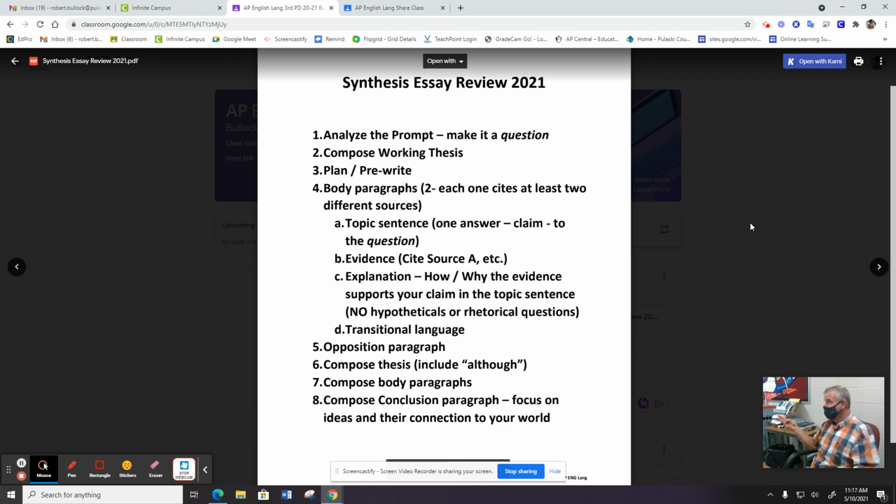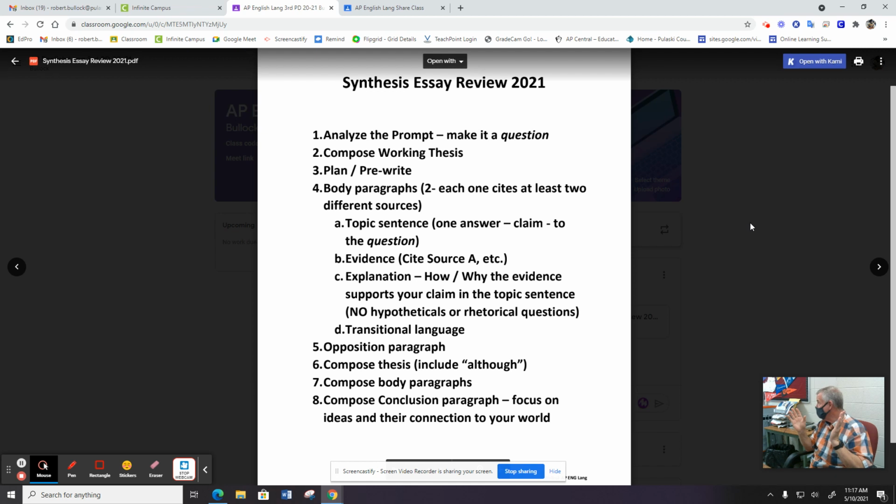Now, you can have three body paragraphs with two different sources. I tell you to use 3 to 5 sources, not try to use them all. You can use a source more than once. Make sure you have 3 different ones, but you can use the same one more than once. Try not to use the same source more than once to make 2 different points. You can take 2 different things that John Doe says in source C to support one point you're making. That's fine.